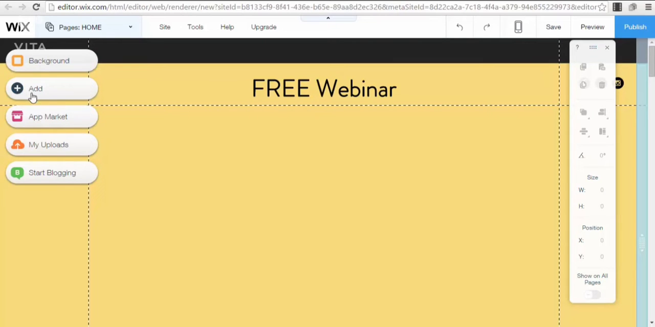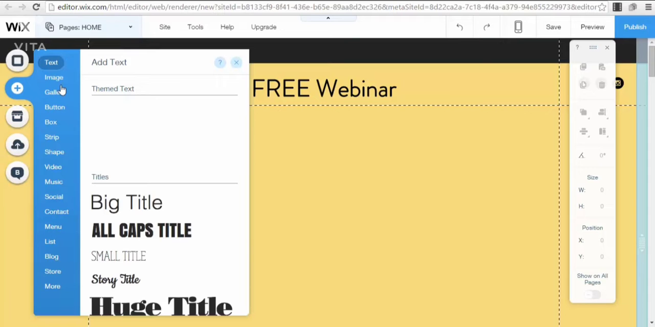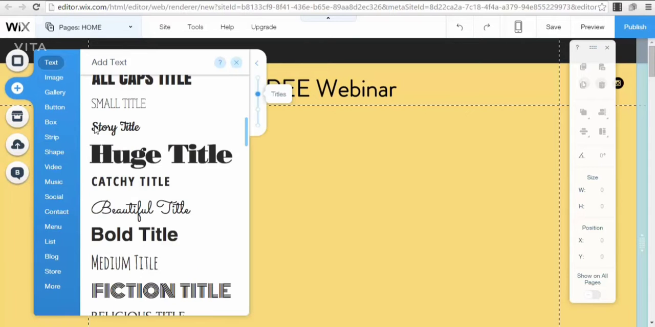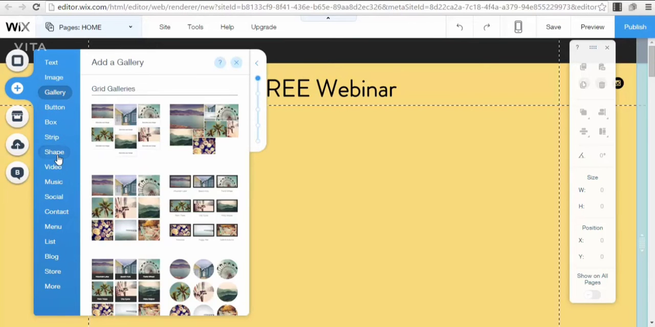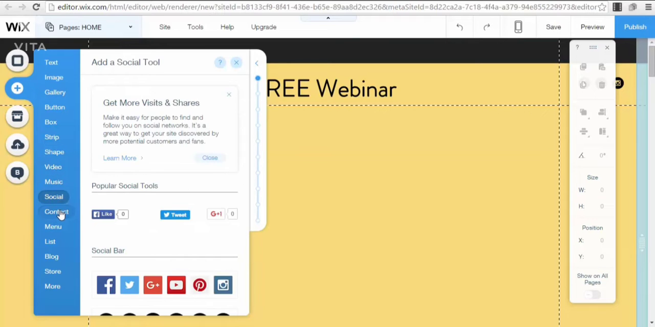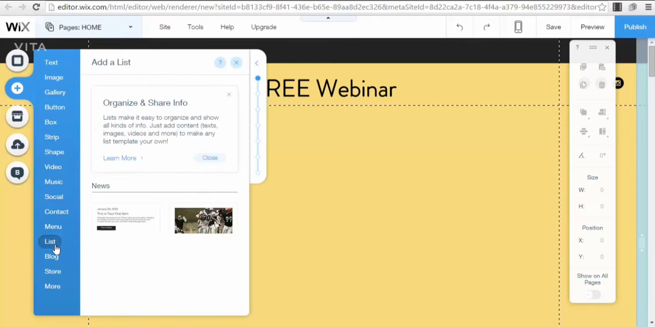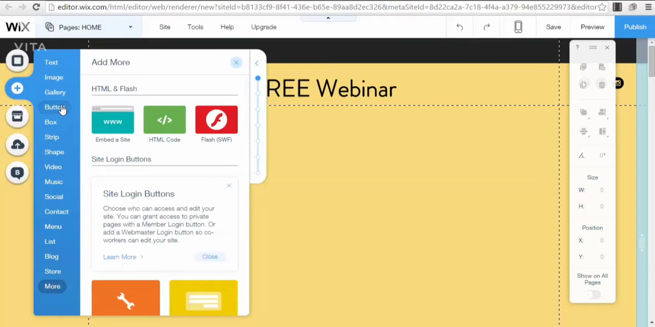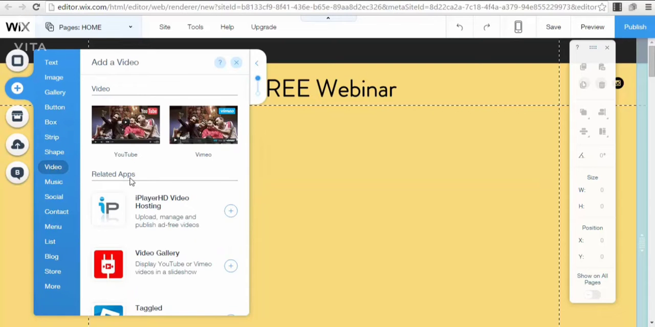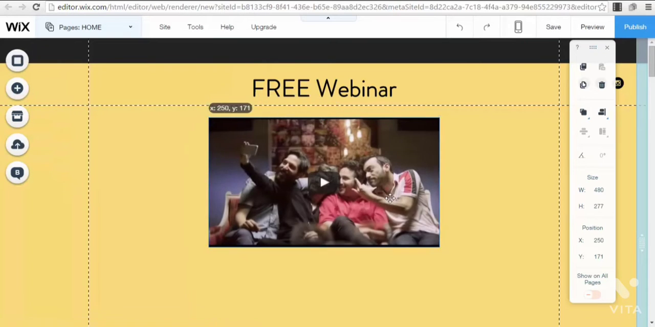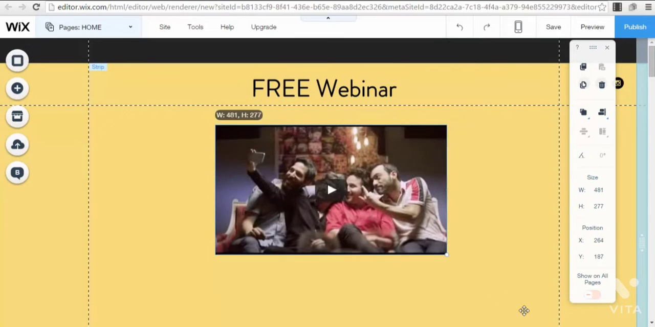Now you go to this option here, the button add. And here you have different options: shape, video, music, social, contact, menu, list, blog, more. You go to the video part and you select, for example, YouTube. That is if you want to embed here on your page the link that your Hangout or your webinar will have for YouTube. So you just press the YouTube button, you select the size that you want,